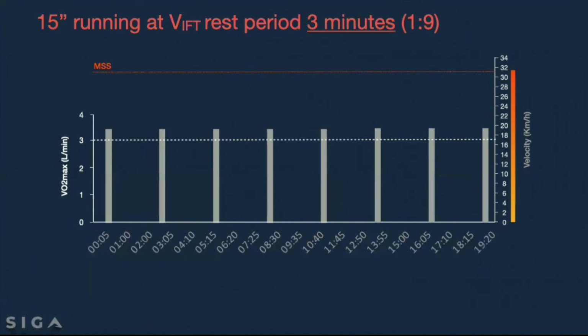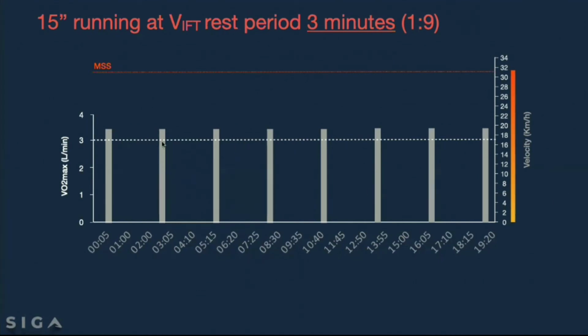Now I will be picking a slightly bigger example, a longer duration: 15 seconds for a running exercise, for instance. Let's pick our athlete and put him to run back and forth, like we have seen in the high intensity interval training example of the athletes running back and forth, 15 seconds and resting a lot. Let's put 3 minutes rest for those athletes. What is going to happen with oxygen consumption?